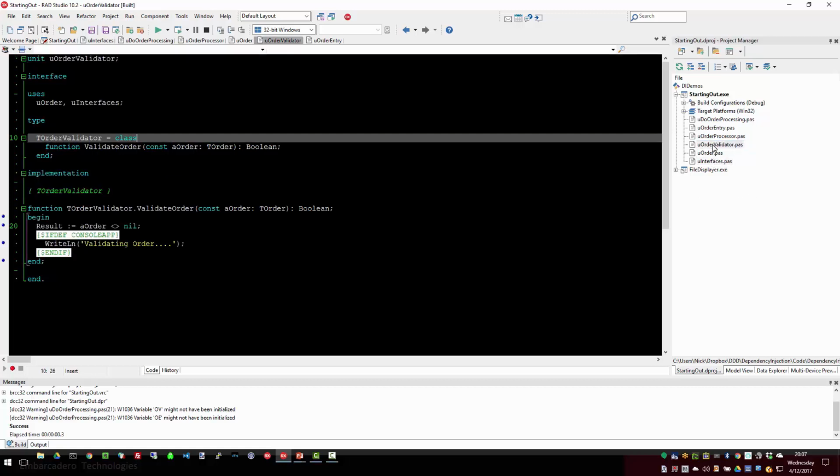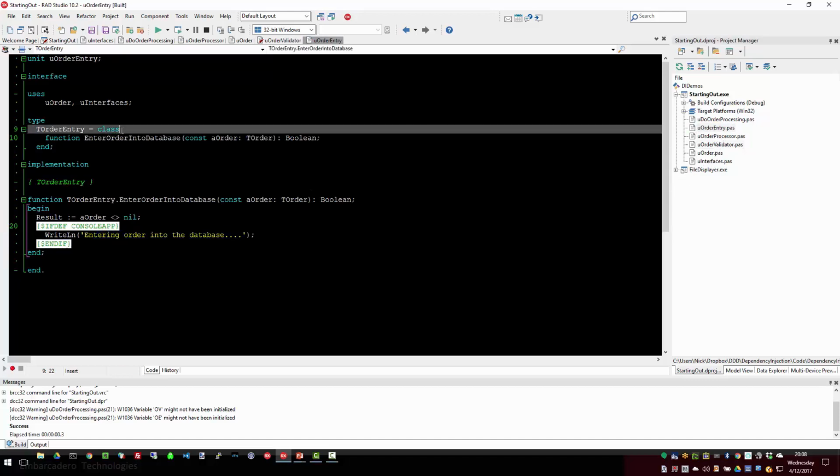So order validator, for instance, should just simply be a TInterfacedObject implementing IOrderValidator like so, and then order entry, it should be TInterfacedObject comma IOrderEntry like so. So now those classes need to know nothing more,